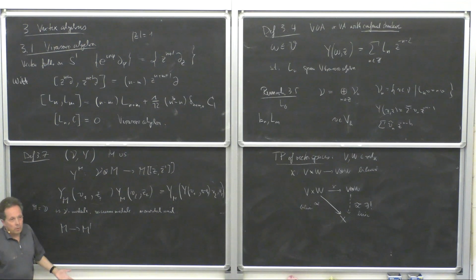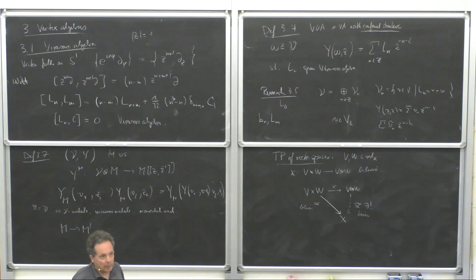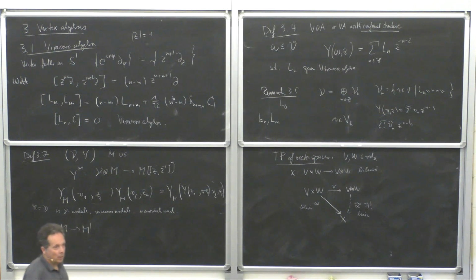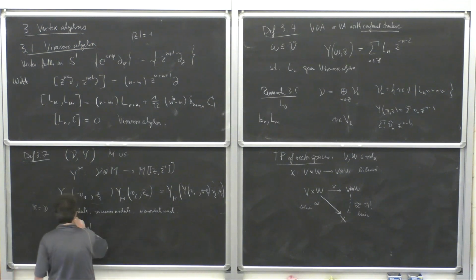There's no point to write these things on a blackboard. I could have prepared slides with all these formulae. I don't know whether this would help your understanding. So I have a notion of intertwiners,